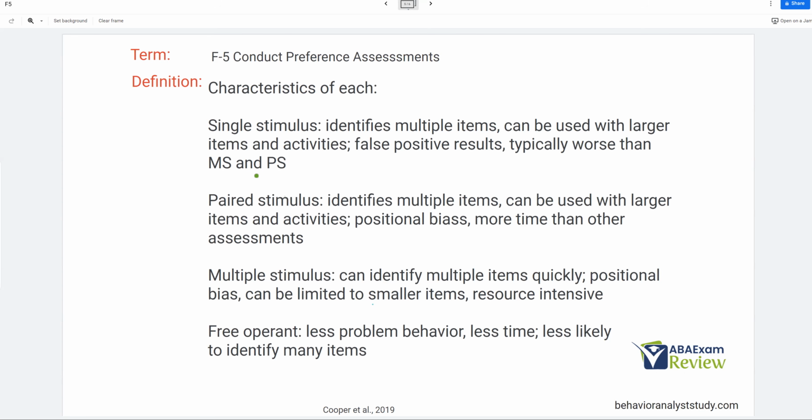Now, it's typically worse than the multiple stimulus and paired stimulus. While the paired stimulus is often the best way to establish a hierarchy, it also can identify multiple items and can be used with larger items and activities. It's a little better because we are presenting 2 at a time. But there can be positional biases. If you've worked in the field, you know if you put the same item on the right over and over again, or sometimes you have clients who go left every time. You've got to be cautious of that. It also takes more time than other assessments. If I've got 6 items, I have to compare all 6 of those items against each other, and that could